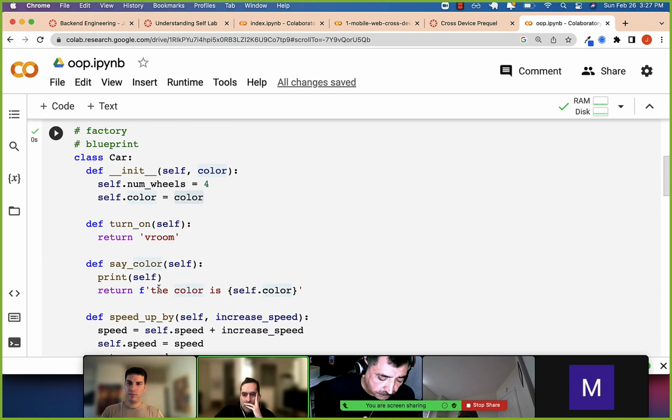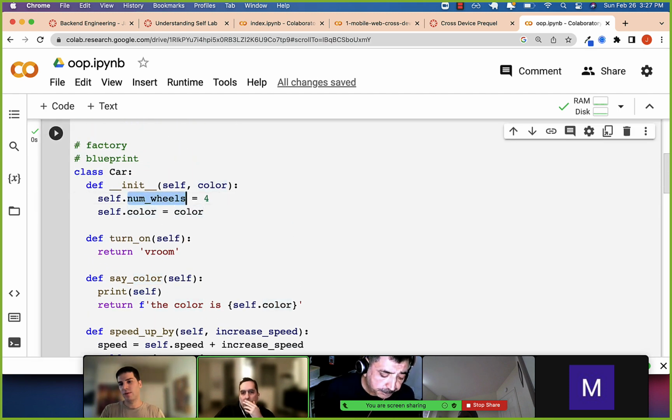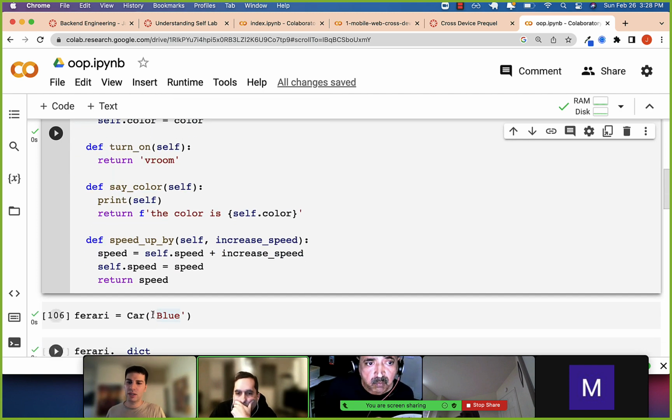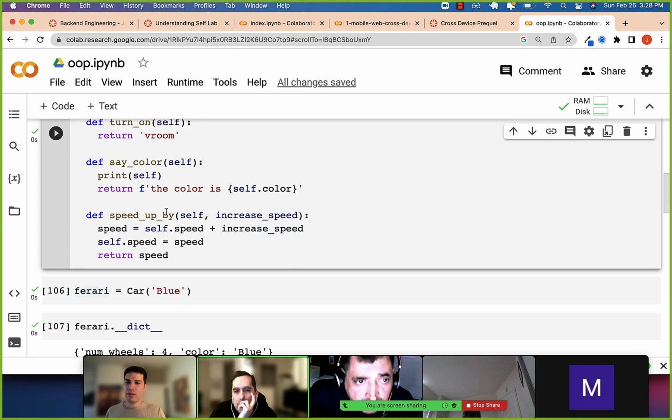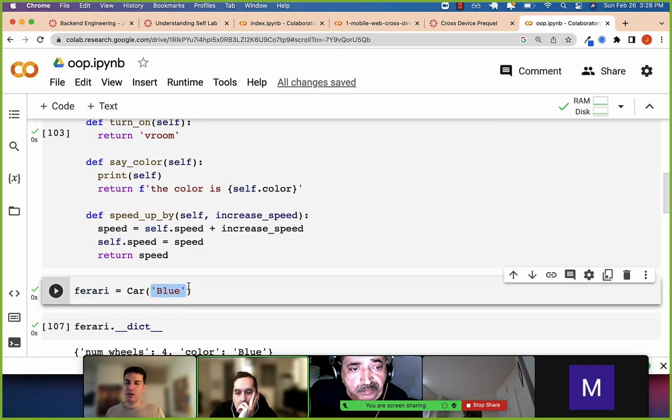right? In this case, we're just saying, okay, their number of wheels is always 4. So init, the only real thing it does is it's the first, when you initialize a new instance, init will be run. As long as you put the double underscores properly, it will be run. Okay? And then you pass through arguments by constructing, in the parentheses, you pass through the argument when you're constructing the object. If you forget it,